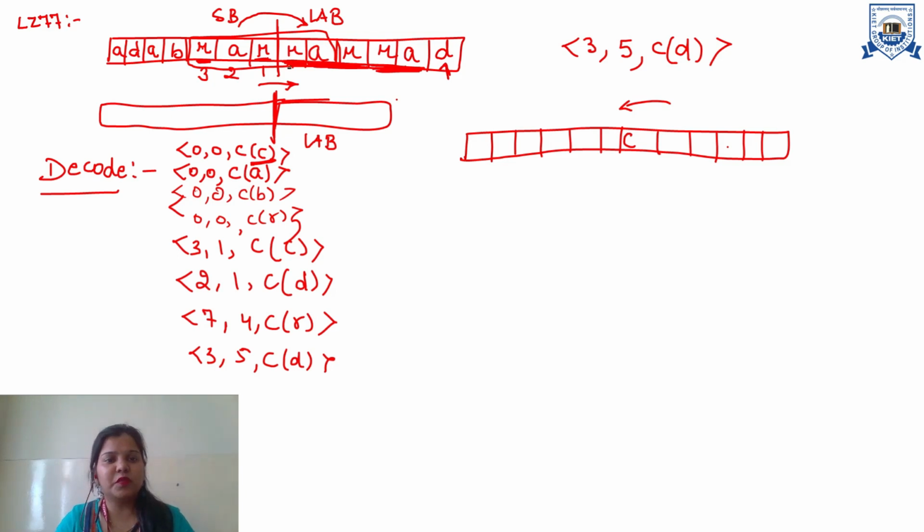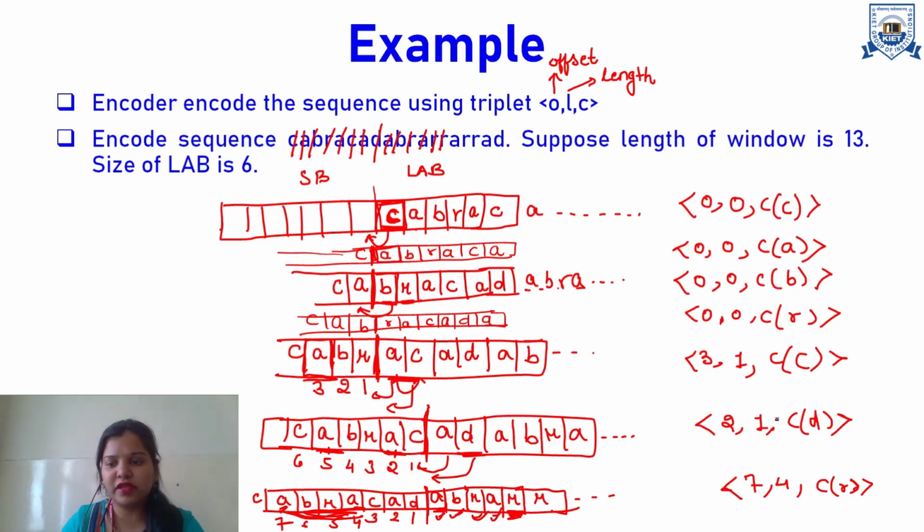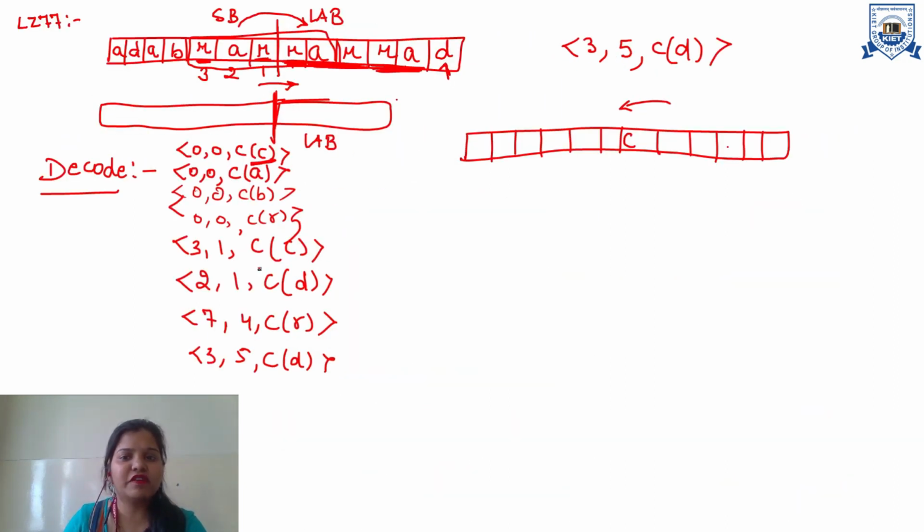You will see why we have taken the look ahead buffer here in the decoding. In decoding you will see its advantage. Now we will decode. I have already written here all the codes which we got here. Now we will decode it. I have created here a window of size 15.